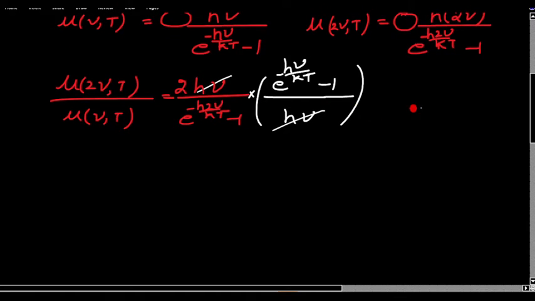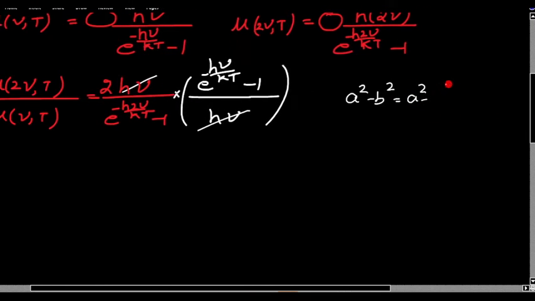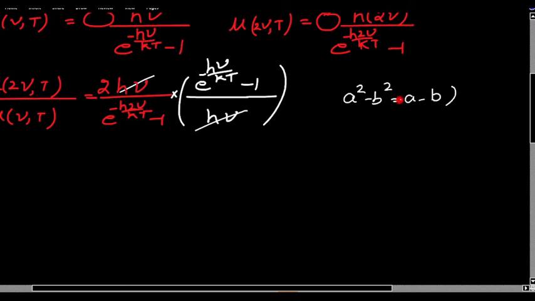We are going to use the property a square minus b square is equal to a minus b times a plus b. That is a simple formula, and we are applying it here at the denominator. For this, we will get the value 2 into the above expression, which is the same,